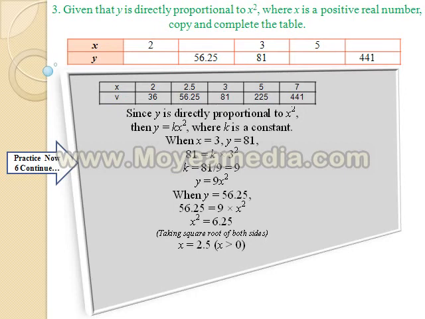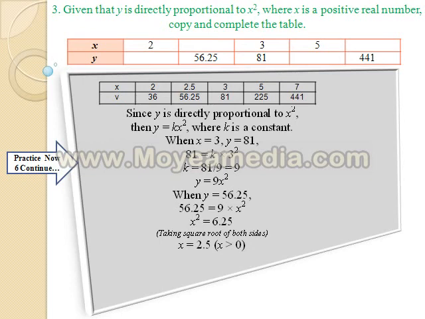So we have as usual y is equal to kx squared, and I use that pair x = 3, y = 81 to find the value of k. Replacing it, it is all in front of you. You will come up with k is equal to 9. So you're replacing the 9 in the relationship in place of k: y is equal to 9x squared. Now, one by one we take the values. Like the first one, here we took y 56.25, replace it there, and here the 9 goes to the other side and gets divided,